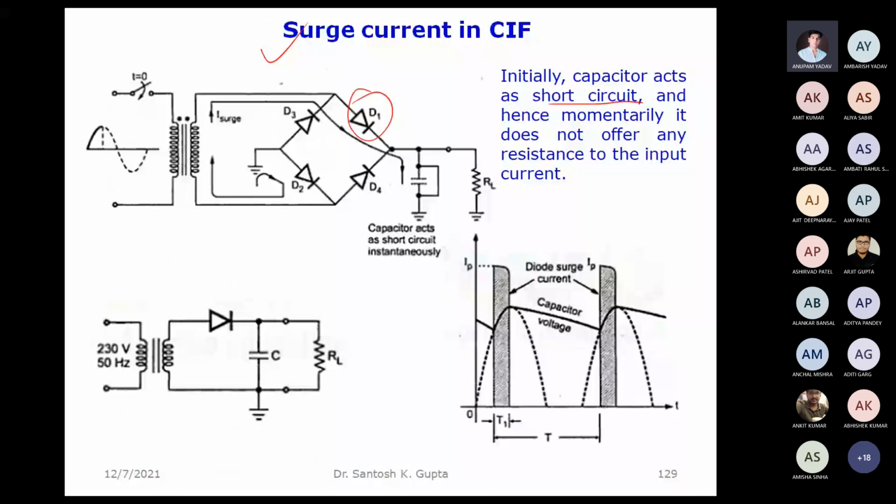Here we only need to understand that a large current may pass through here. If the current is too large, then it may damage the circuit. So we may need to have some protective circuits here. Our circuit, which only uses the diodes and this capacitive filter, is not the complete circuit. We also have to have some kind of surge protection.